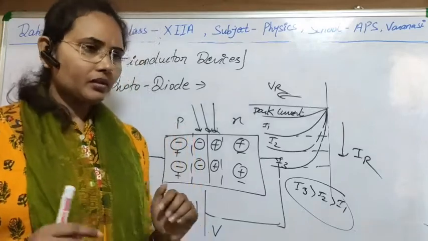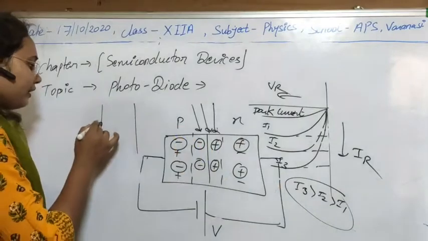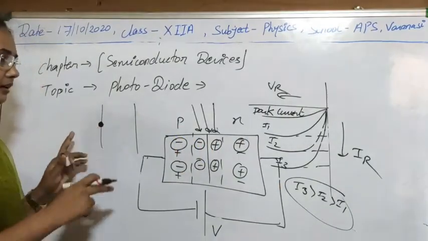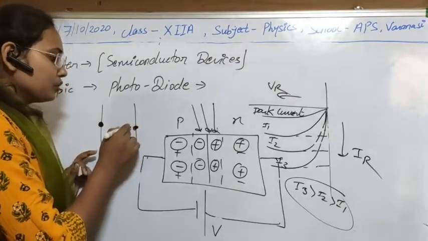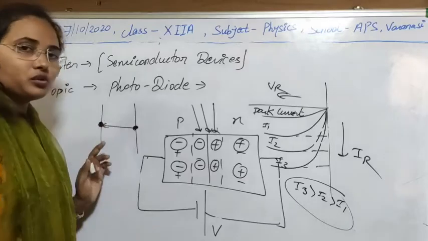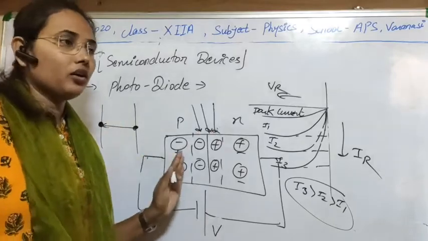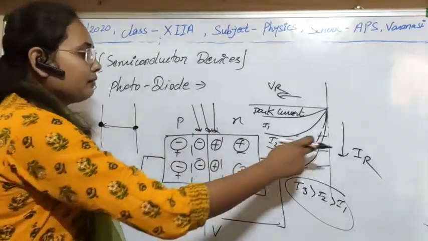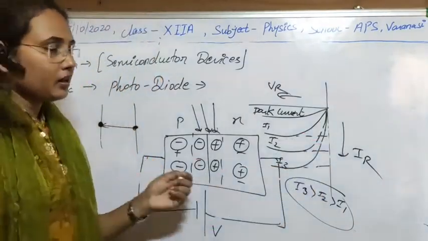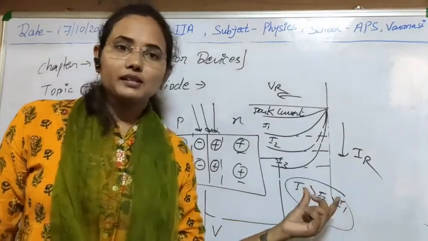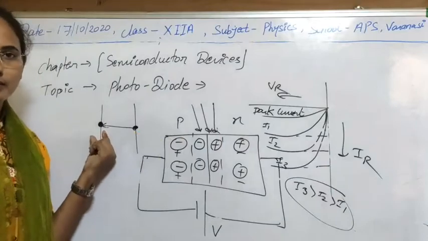Like we can use it in automatic doors. Suppose this is our door, and here we are using a photodiode, and here a light source is used. Light from the source is continually incident on the photodiode. So as long as the light is incident on it, the circuit attached to it will always have a current that depends on the intensity of the radiation. If suitable intensity and suitable frequency are there, we will get a continuous current as long as the light is falling on it continuously. Clear?